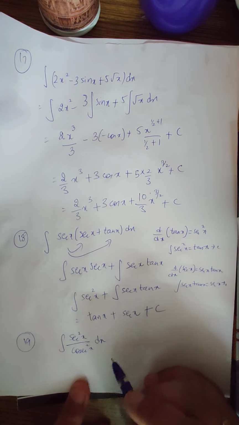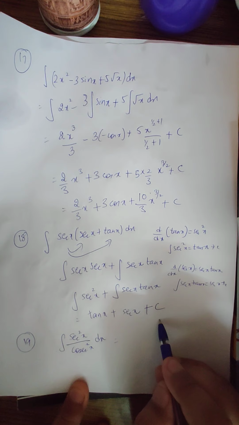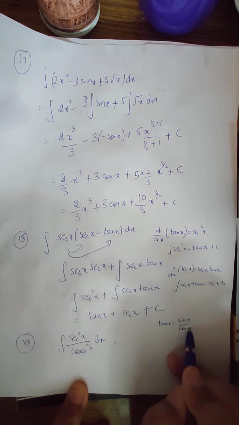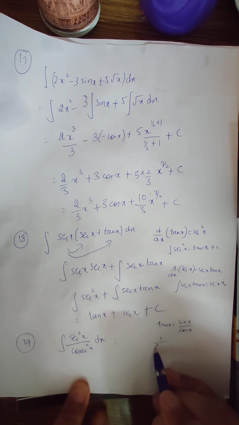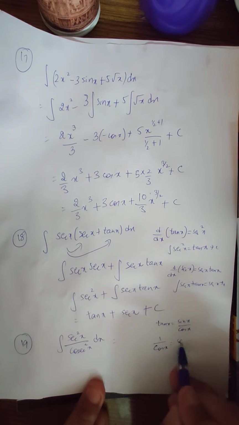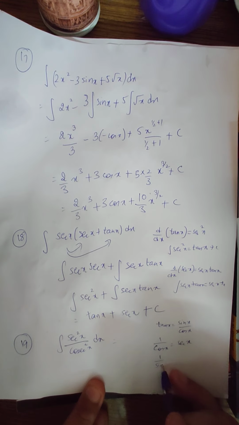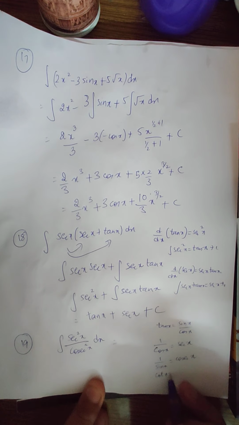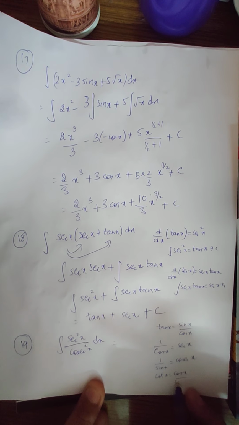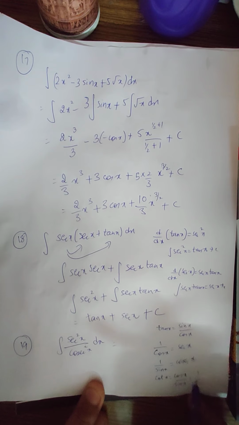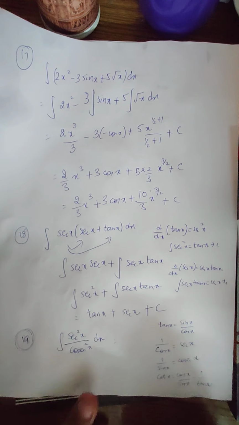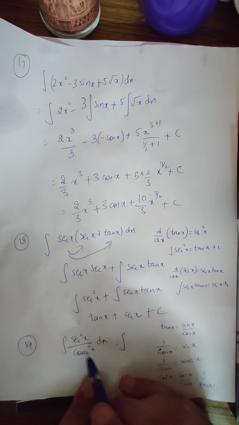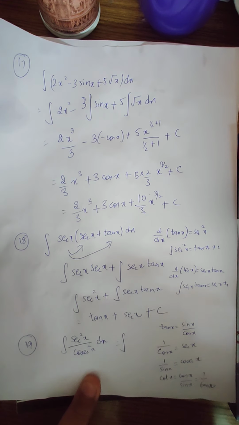So I can write this as: tan x equals sin x by cos x, and 1 by cos x equals secant x, 1 by sin x equals cosecant x, and cot x will be cos x by sin x, which is also equal to 1 by tan x. So we have this one as integration of, this is secant square x, so I'll write it as 1